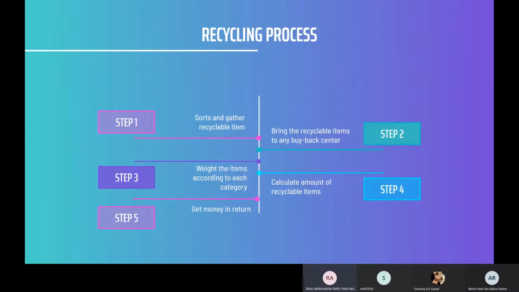And then the next step is they will weigh the items, and they will weigh them based on the category. For example, plastic has a different price, so they will weigh based on each material, and then they will calculate the total amount of the items that you have recycled, and you will get money in return for what you have recycled. Okay, and next,